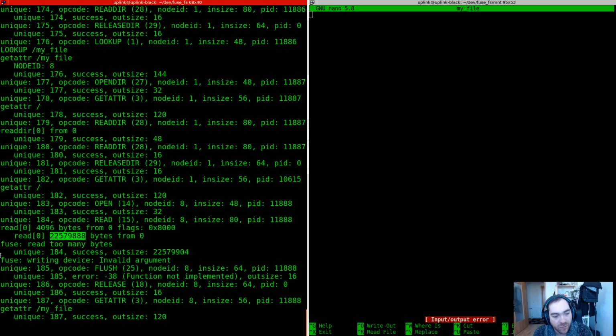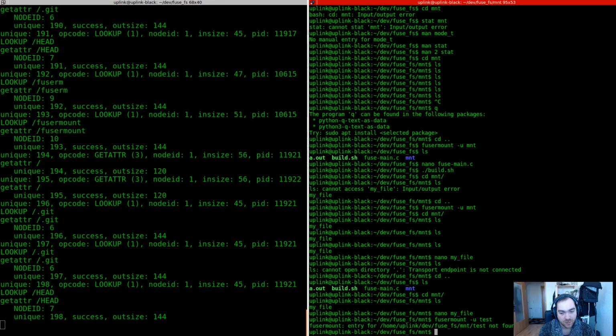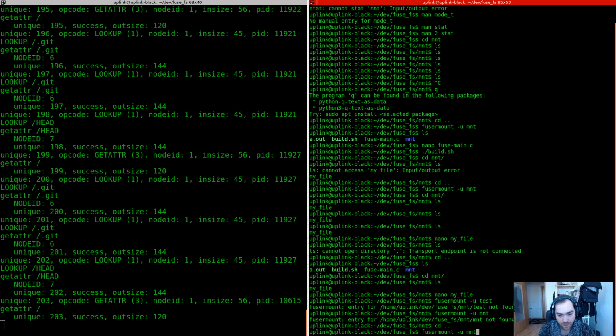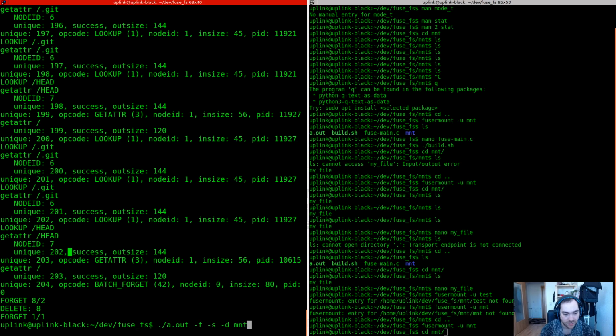Because I have to return how many bytes I've read, and right now I'm returning garbage. I'm returning whatever is in EAX. So that's not good. So what I have to do now is to unmount this directory and fix my implementation